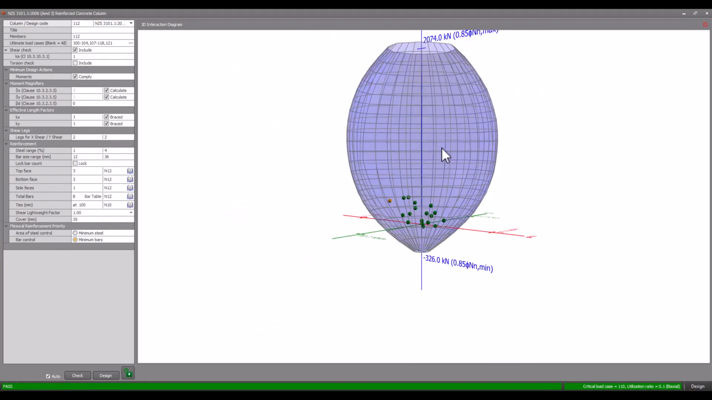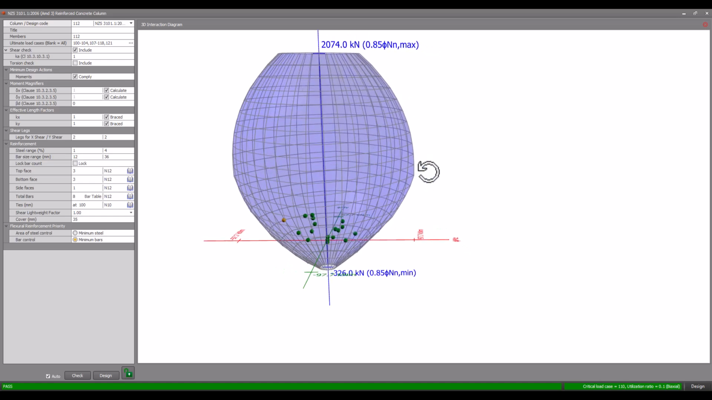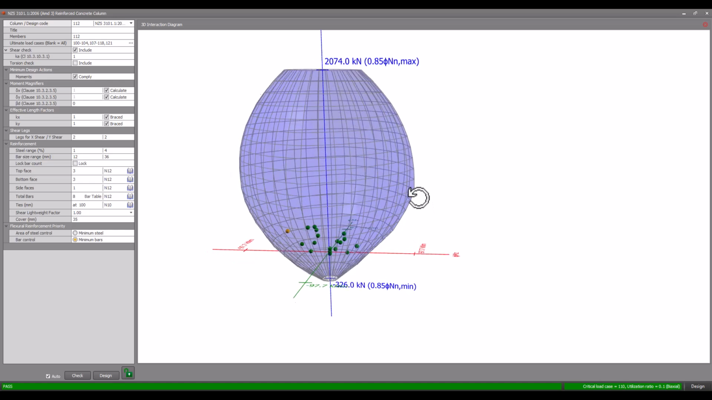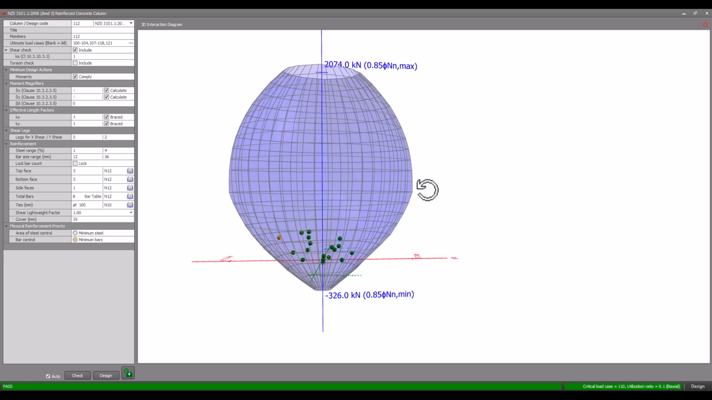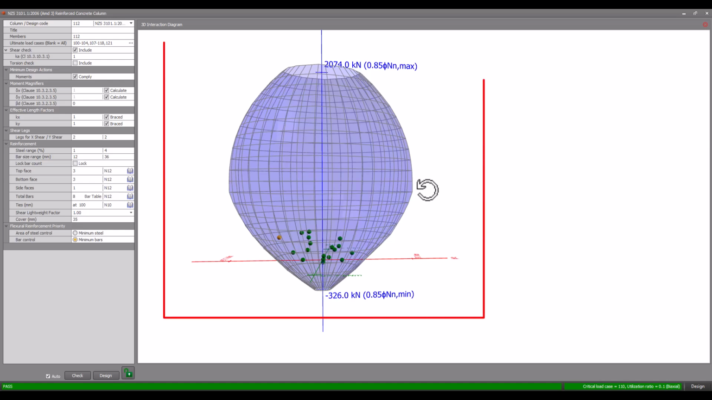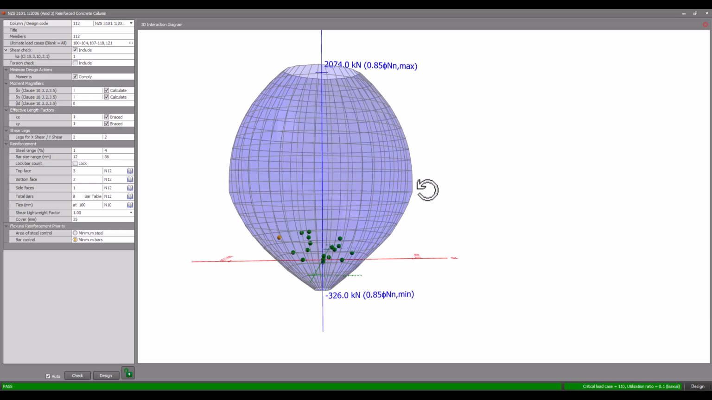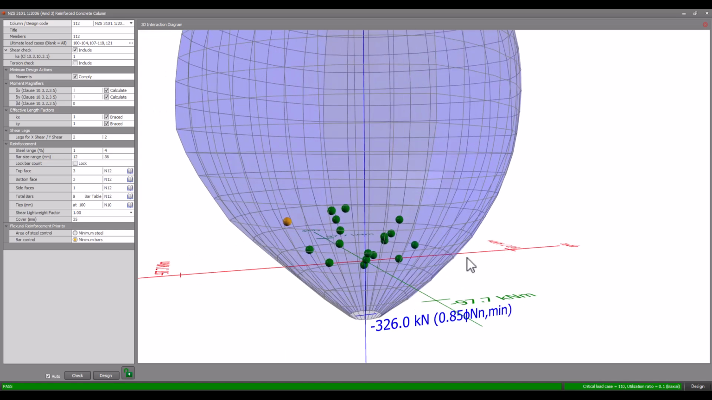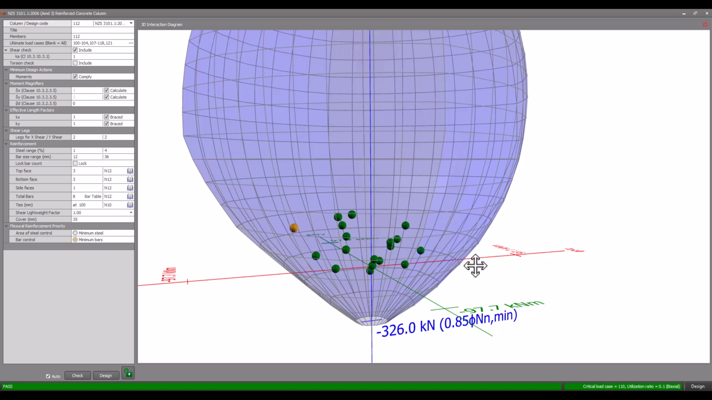Biaxial bending in reinforced concrete occurs when a column is subjected to bending moments around two principal axes simultaneously, along with an axial force. To visualise this complex interaction, a 3D interaction diagram is often used. The diagram typically has axes representing the bending moments about the principal axes, MZ and MY, and the axial force,